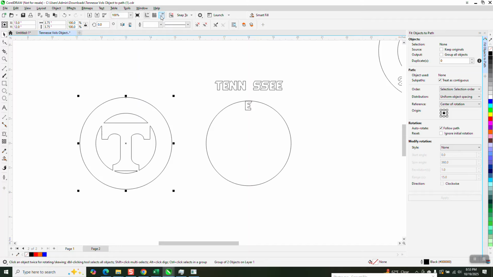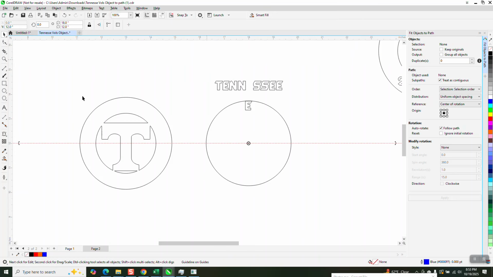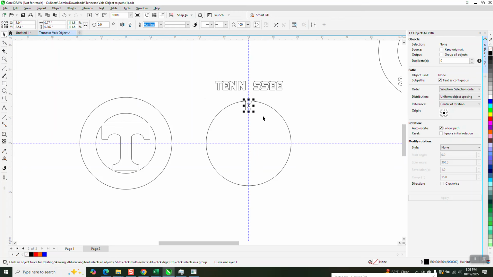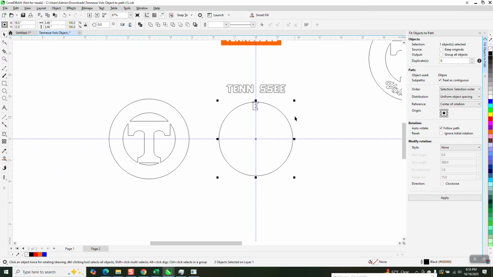We're good to go. Let me bring in indexing lines just to make it easier to understand, because we're going to rotate from the center of the page. You know what, that E doesn't really look like the center. I guess it's just because it's off. And see, now we can actually shift select the T and put it to the top. So now what we need to do, and it'd be a lot easier to nudge after we're done, nudge the letters away. Now I'm going to hit the S,